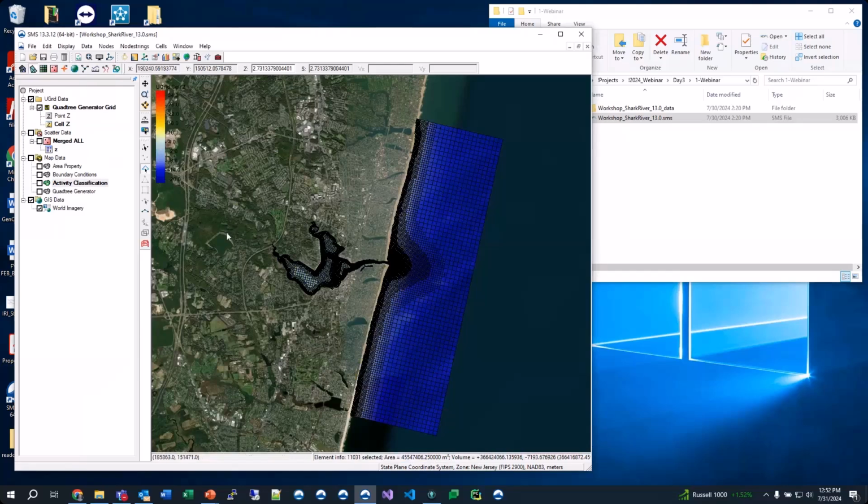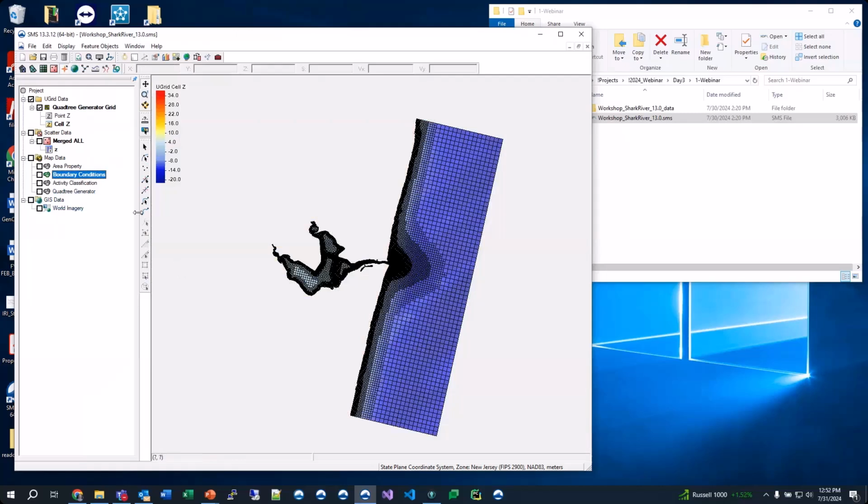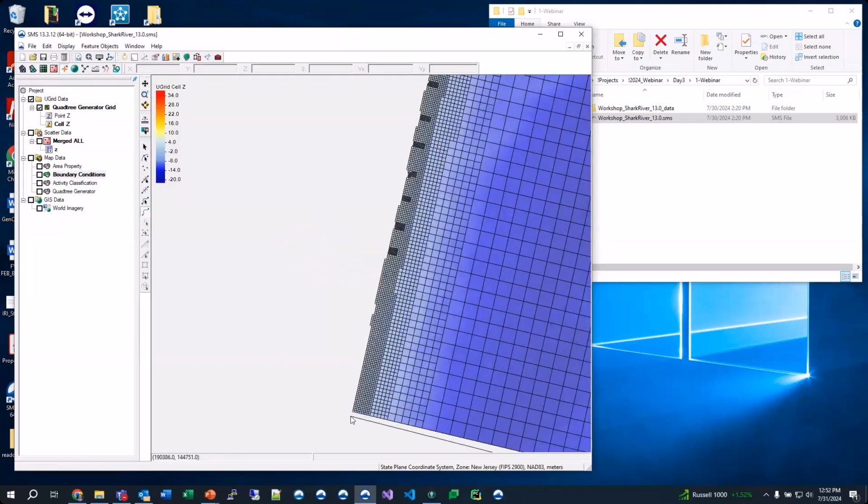Okay, so the next thing that we chose to do was the boundary conditions. And so I'm going to turn off this background so I can actually see what I'm doing here. And one of the things that we can do is just choose to create an arc. And it doesn't have to be exact. And you can see it kind of wants to snap to the cells, and that's fine if you want to do that. I like to have it not snapped so that if I need to, I can